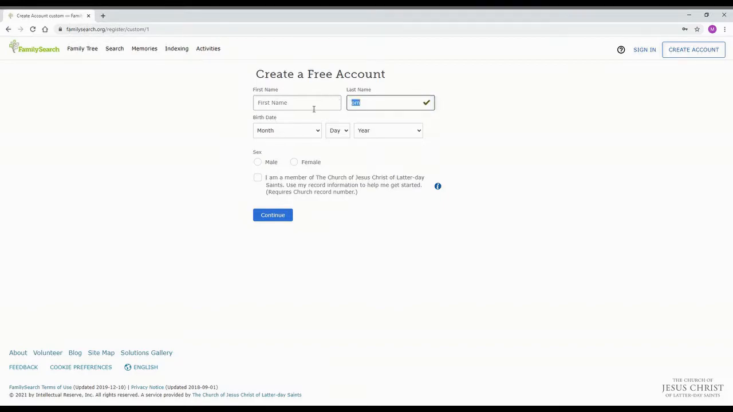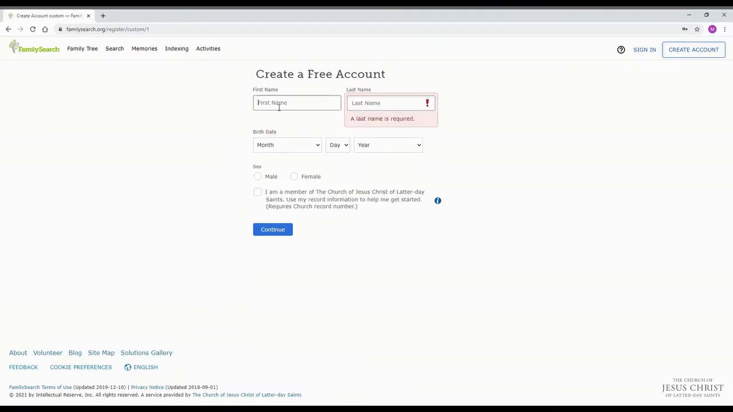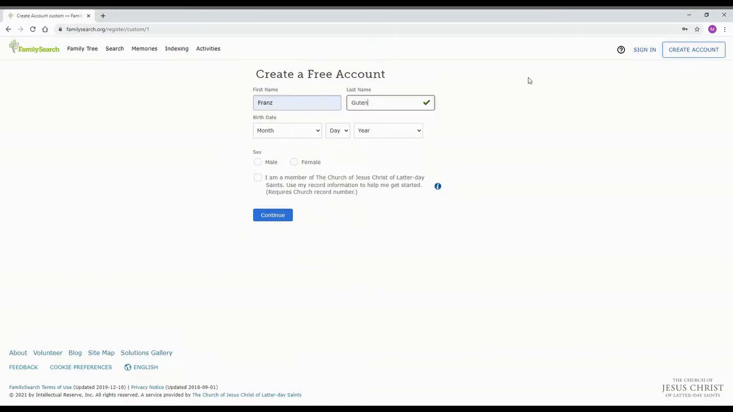Basically, all you do is click Create Account from the home page. You will fill out your information here. We're going to go with Franz. It's just a silly name, nothing really important to it, but I'm just using it to show how to make an account. You pick your month, your day, and your year of birth,